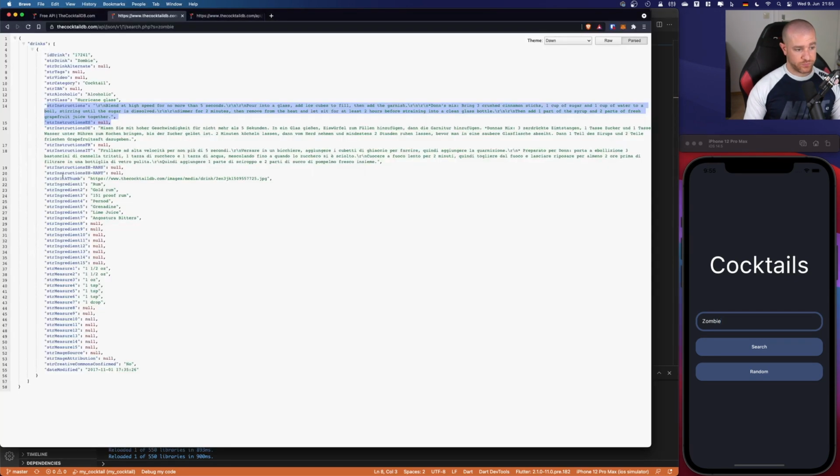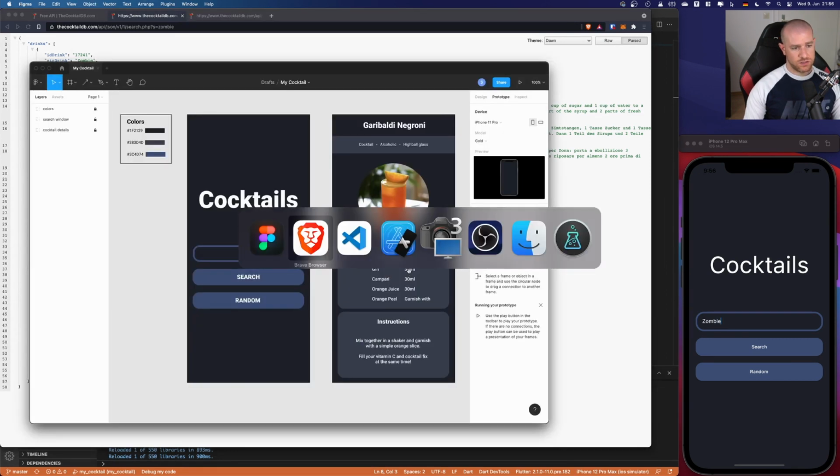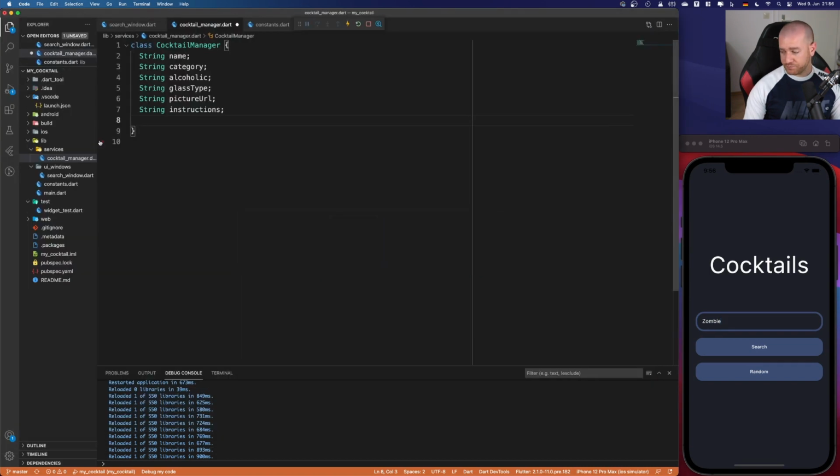And at the end, now it's the interesting part. So the ingredients you have here, it's both strings, but you have ingredients and measure. So you have two different things. So we need to combine both of them together. So we can show it like this. Okay. So what I like to do is to have this separated. So what I mean by that, let's create a new file in services and call that